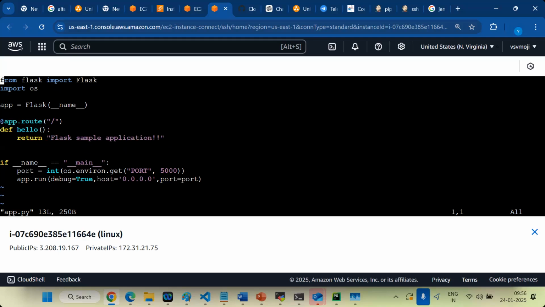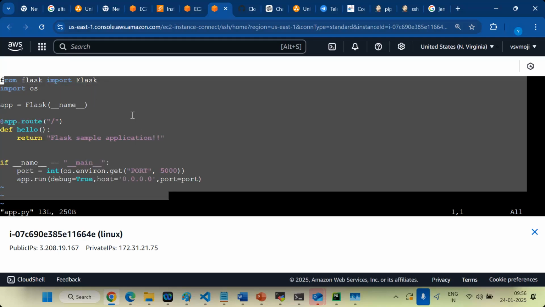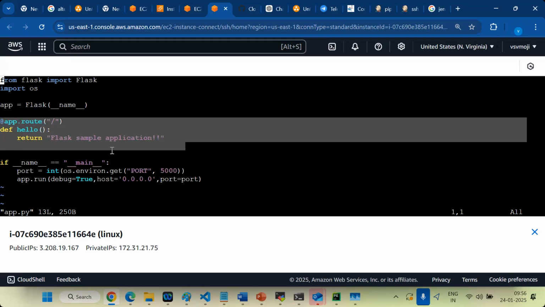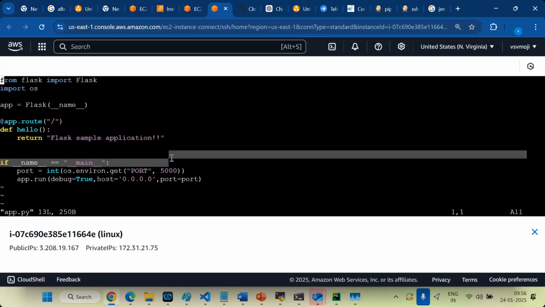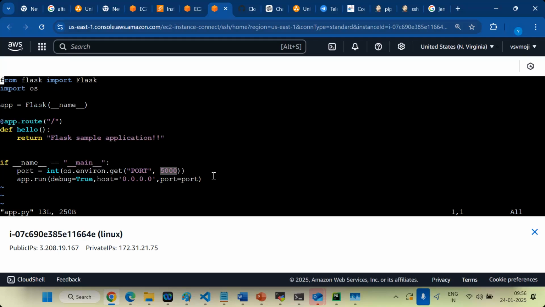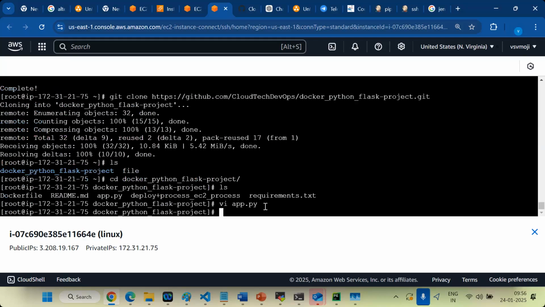So now if I access the public IP, it should route to this application and give the response Flask sample application. This is the Flask framework. It is running on which port number? 5000. Okay. So now what am I going to do on my end? First step is yum install. I'm going to install python3 pip.